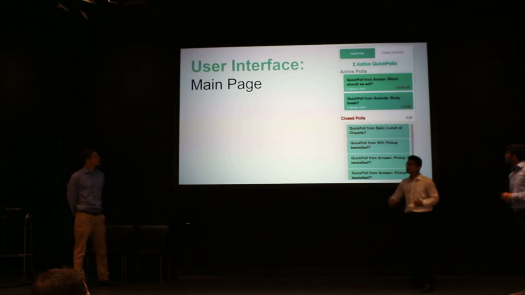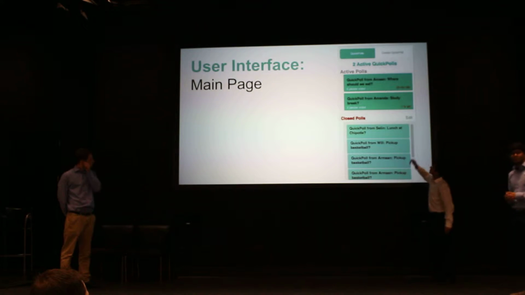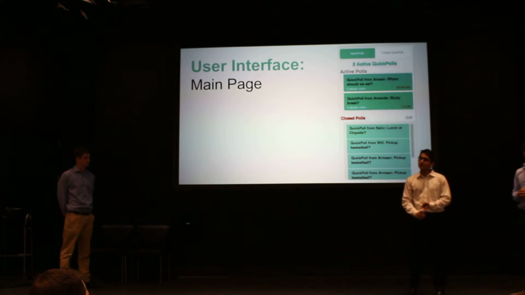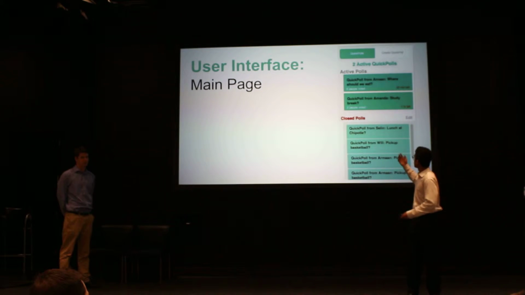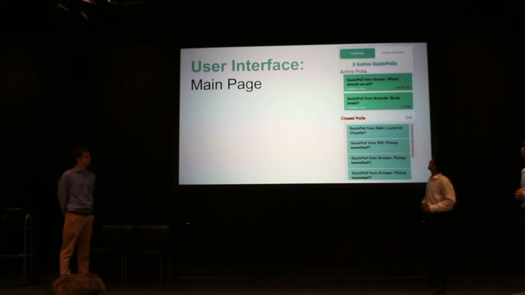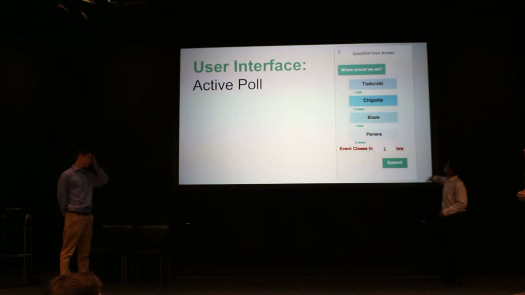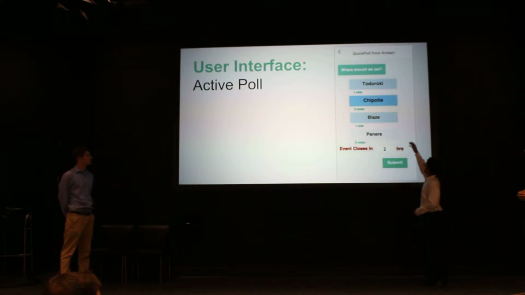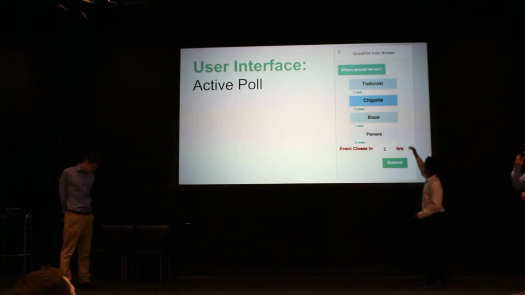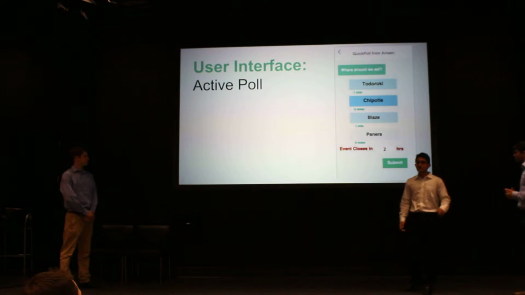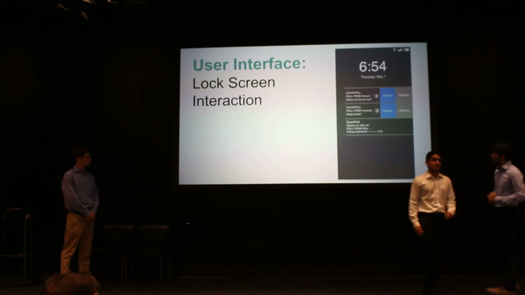Next is the main page. Here you can see the active polls and inactive polls. The active polls stand for 2 things. It means that a user either has not voted on the poll yet, or it means that the conclusion has not come yet from the poll. So if I were to click on one of those polls, suppose I clicked on Aman's poll, where should we eat? And I'm a voter, I see his question and I see a couple options. Right there you can see by the darkness of the blue how many votes there's been. I can click on an option and press submit and add my data to the poll. And again, the time urgency is there to expedite the group decision-making process.